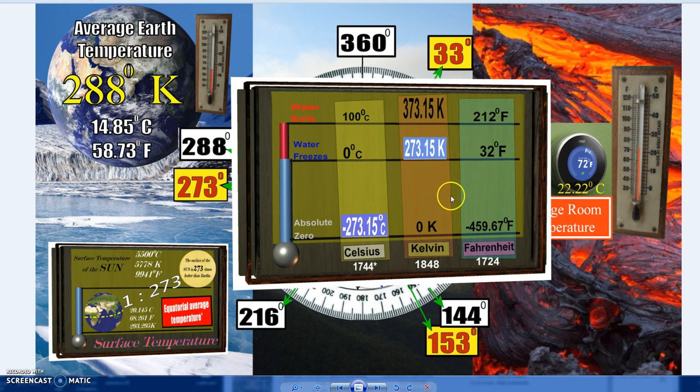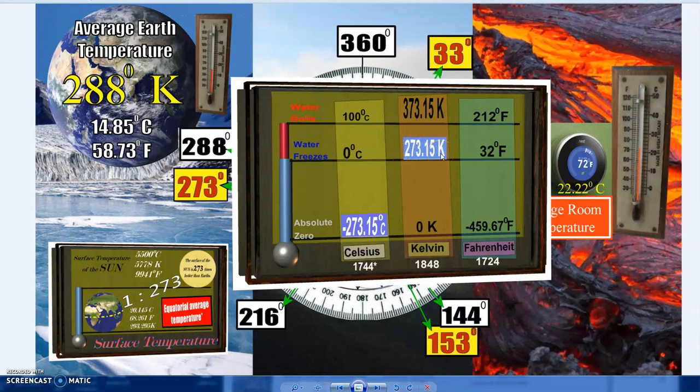Now what's nice is that we have the Fahrenheit scale, the Kelvin scale, and the Celsius scale. So in Celsius, at sea level, 0 degrees is where water freezes, and water boils at 100 degrees Celsius. So that's 32 degrees Fahrenheit, that's where water freezes. So on the Kelvin scale, water freezes at